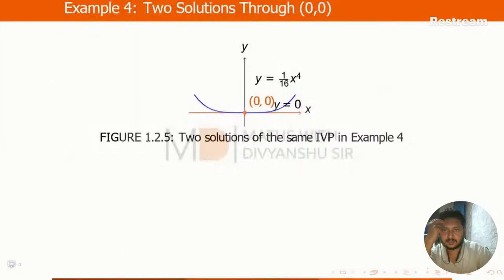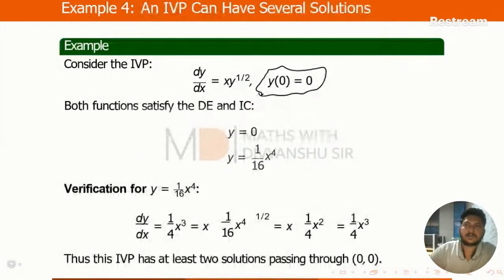In this example, we consider one initial value problem, dy/dx equal to x y to the power 1/2, and the condition is y(0) equal to 0. Here both functions satisfy the differential equation and y(0) equal to 0. Take their derivative part, x y^(1/2). There is one more function, y equal to 1/16 x to the power 4. So for their verification,